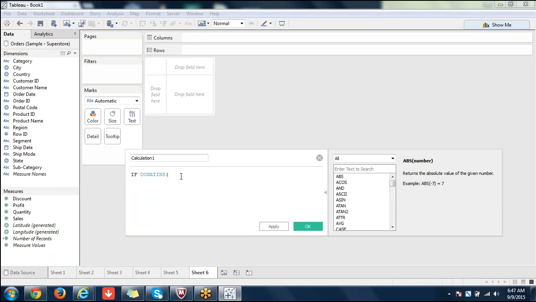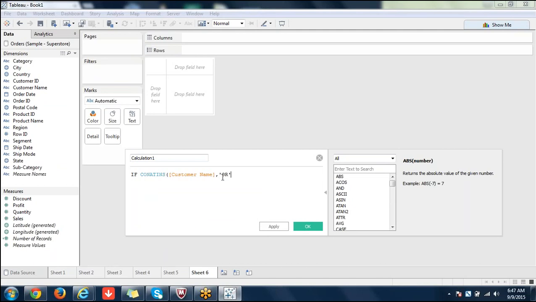Can you use one of the string dimensions from here for this example? I'll use customer name. For example, if it contains a substring, you can name any string, like AS or AR.